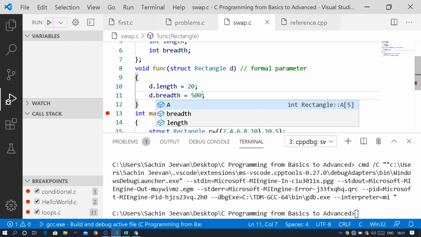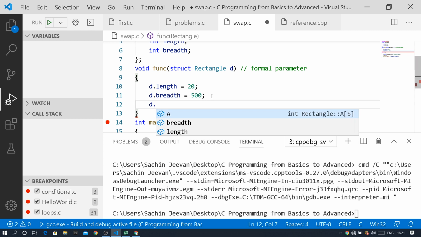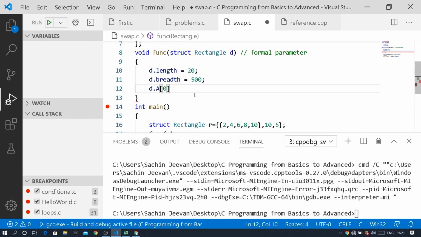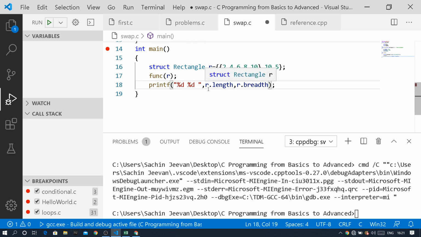Okay, now I'm just changing this into 20 and 500. Now what I will do is I will just change d dot a of 0. D dot a of 0, I will just change it to 500, and finally I will print r dot length, r dot breadth, and also I will print